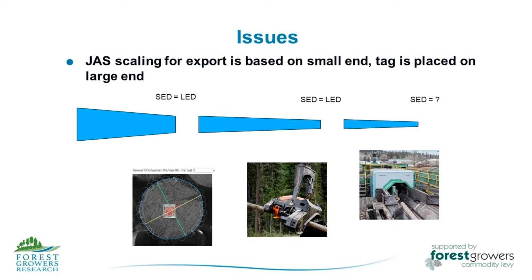As mentioned earlier in this presentation, 60% of New Zealand's harvest volume is exported as logs. Those logs are all measured using the Japanese Agricultural Standard, or JAS, volume measurement system. JAS is based on diameter measurement of the small end of the log. This has been raised as an issue by the stakeholders group since the tag will be placed on the large